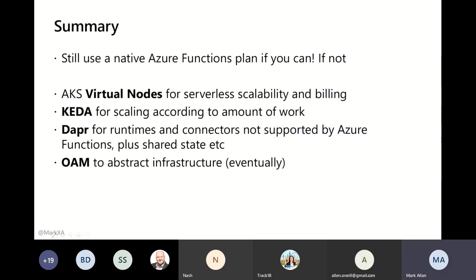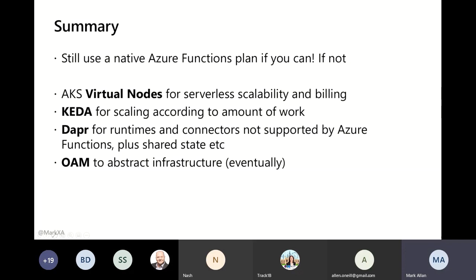So just to wrap up here, if there's nothing blocking you from using Azure Functions, still use it, because you will get something that is designed to run serverlessly, and it'll always be a step ahead of Kubernetes, even if it ends up running on Kubernetes itself, which I'm sure it will, because all infrastructure under all clouds and all things is turning into Kubernetes these days. But the good news is that with OAM and things, they're starting to abstract that. So the more that things are running on Kubernetes, the less we should need to care that things are running on Kubernetes.